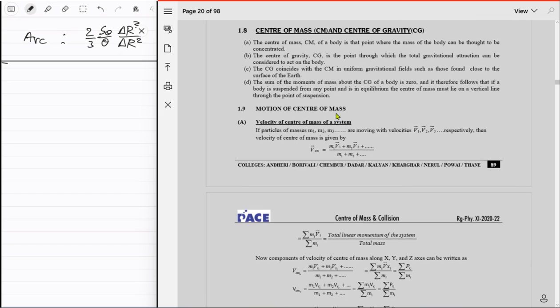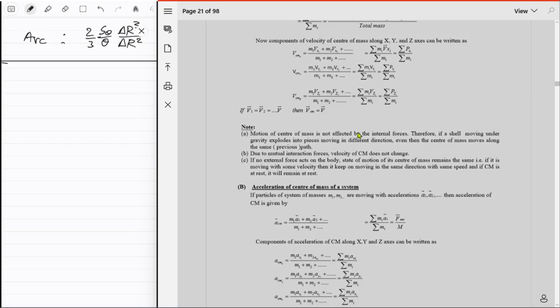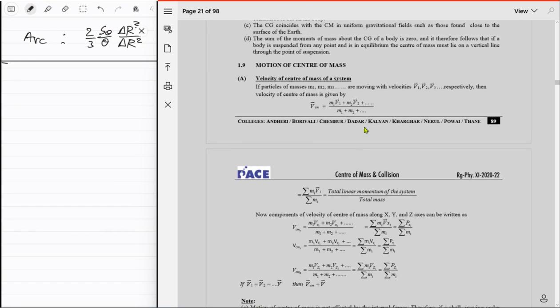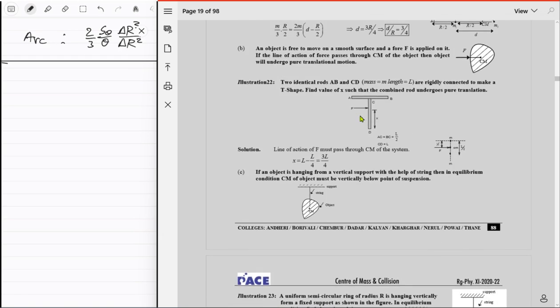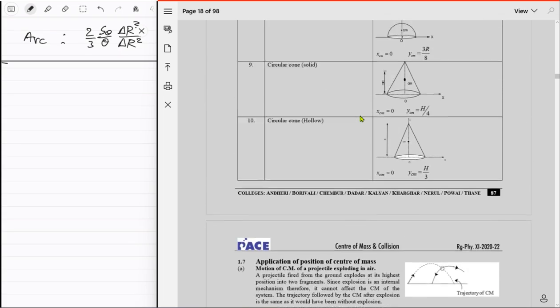Okay. Motion of center of mass, velocity of center of mass of system. Yeah, I will explain all that when... actually, just explain it right now. Yeah, let's do it. As they told you, any change in the point mass positions will actually change the center of mass itself, right? So, using that equation,